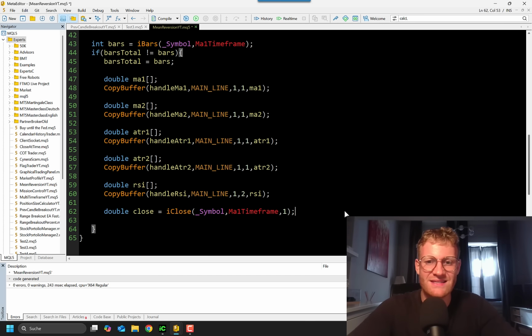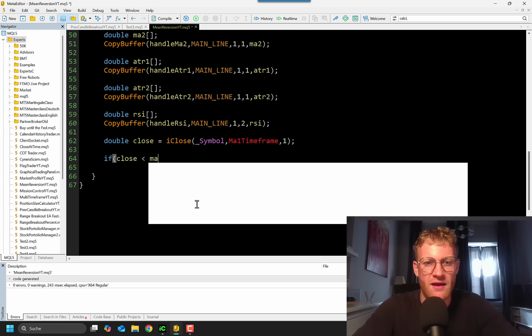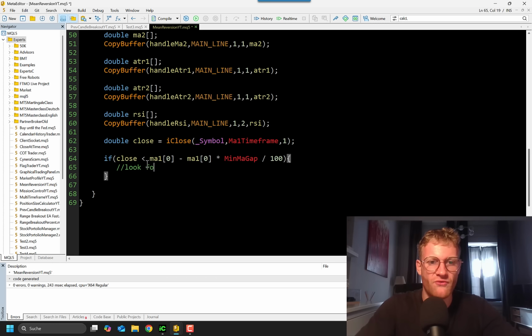And now we can easily say if, another if statement, close is smaller than MA1 at index 0. Don't forget this, because we are dealing with an array here. So if we just say it like this, it will cause an error. If we are lower than MA1 minus MA1 at index 0 multiplied with min MA gap divided by 100, and if I did not mess this up, this should be the correct formula for this. Then we want to look for buy trades,